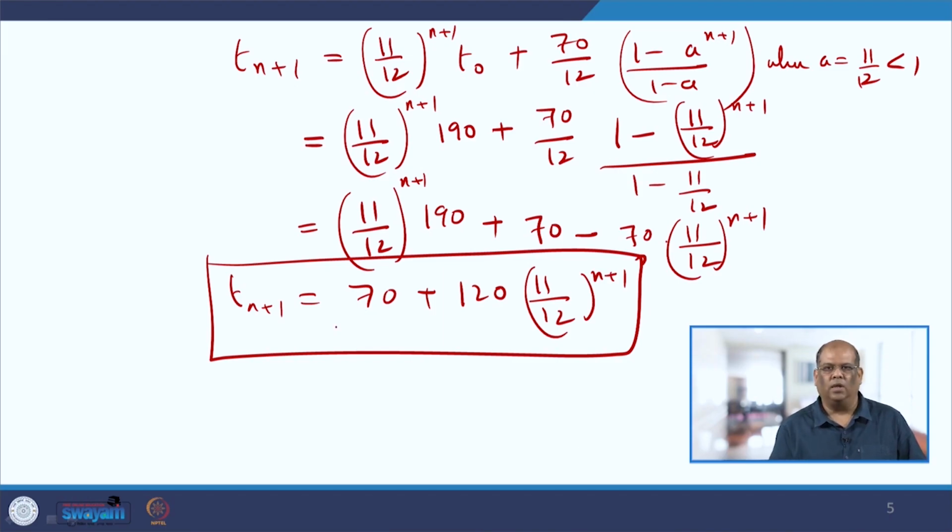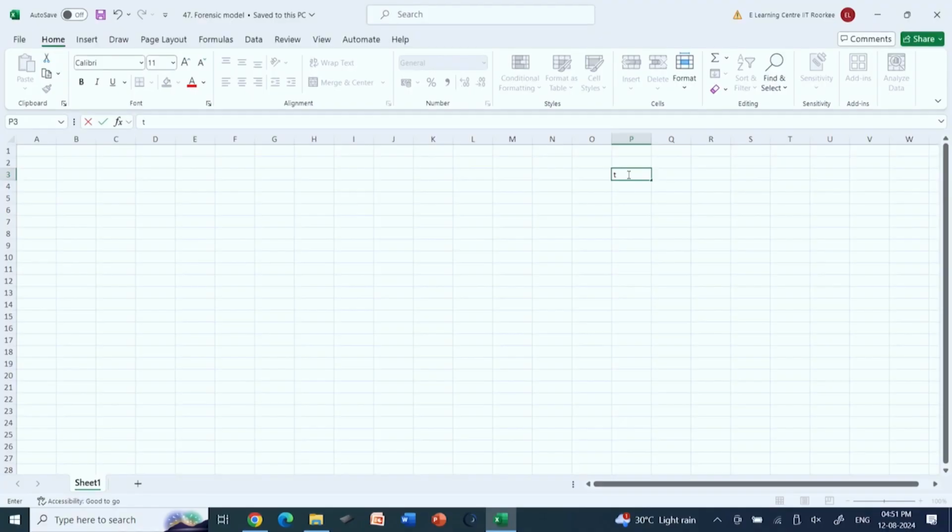So, what happens in the long run? As your n becomes large, you see that your Tn plus 1 approaches the room temperature because 11 by 12 is less than 1. So, this particular thing tends to 0. We now look into the numerical solution. The equation which we will be solving